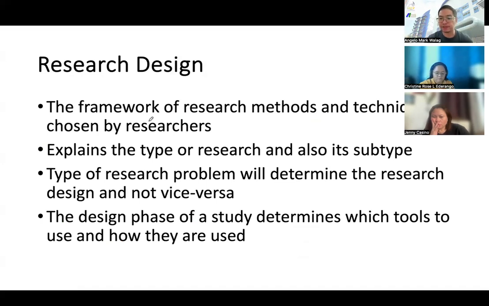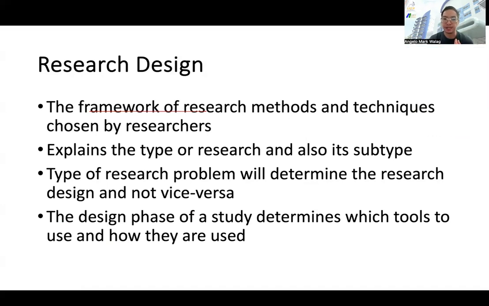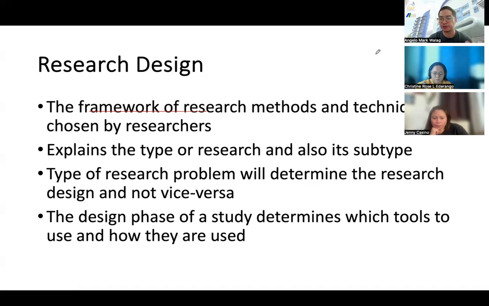here are further definitions of our research design. So how do we write our research design? It's considered as the framework of your research methods and the techniques chosen by researchers. So therefore, all the techniques that you will use, for example, you're doing qualitative design, the sampling that you will do will be typically purposive, non-random, because you wanted to explore certain variables. So often, ang imuhag yung sampling technique ana purposive, dili ka pwede mag-random because you're interested